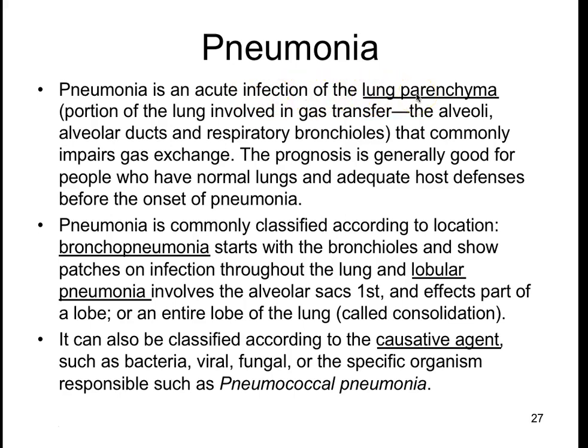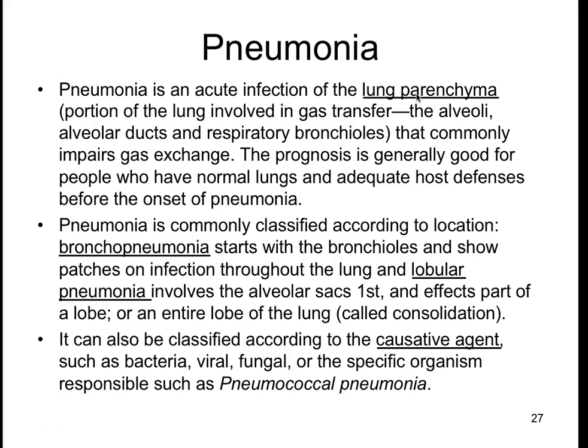Now, the parenchyma is again a combination of many bronchioles as well as the alveolar sacs. So it's a larger area of the lung that's affected, whereas the acini are just the terminal bronchi leading to the alveolar sacs. And I'll explain why it's different. And so a term that is often used by pulmonologists is that there's extensive complications or infection of the lung